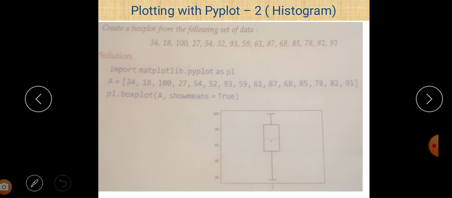So first of all just import the matplotlib library. So just write import matplotlib.pyplot. Pyplot is an interface or collection of methods used to plot a box plot. So just write import matplotlib.pyplot and give an alternative name to it, and we give the alternative name plt. So just write as plt. So whenever we want to use matplotlib.pyplot, just write plt in that case. And there is a data set already given in the question.